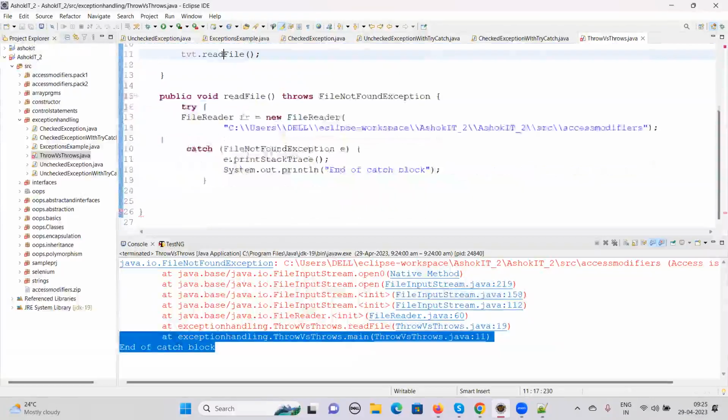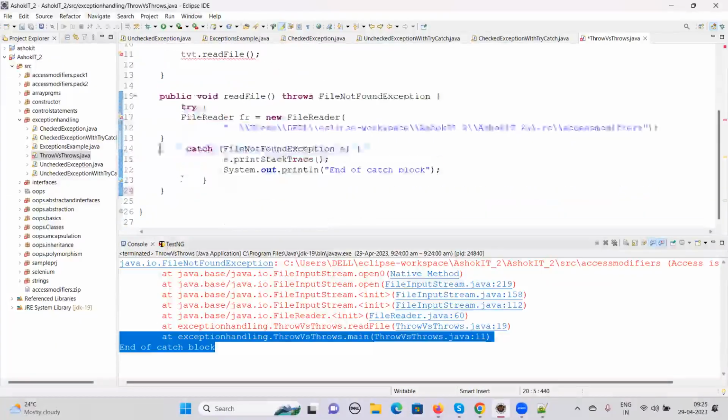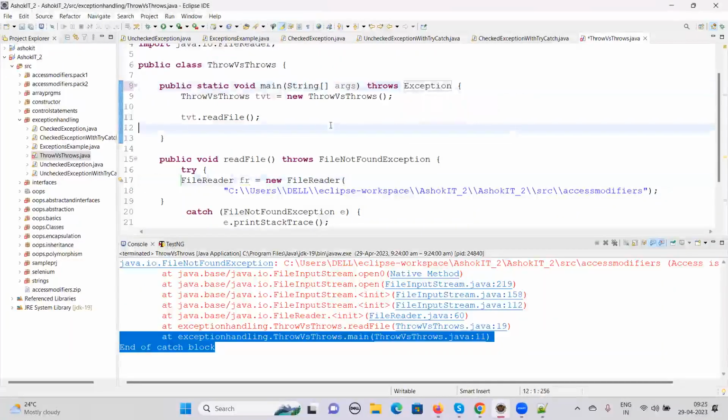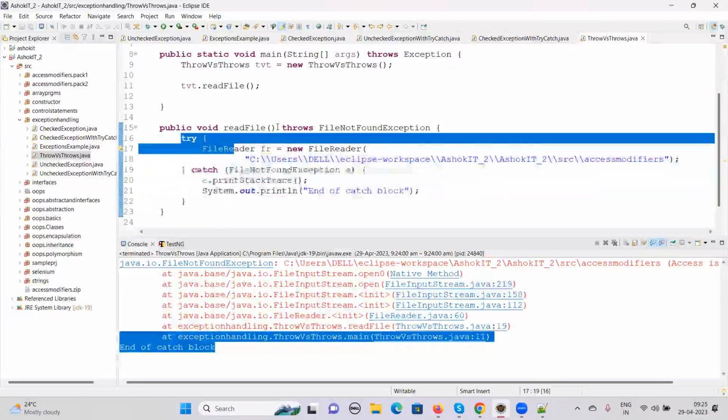Here itself, this particular exception will be caught, but still it is asking you to throw these declarations. Now I'm calling it, and this is a kind of risky code. Though we are not throwing the exception here,